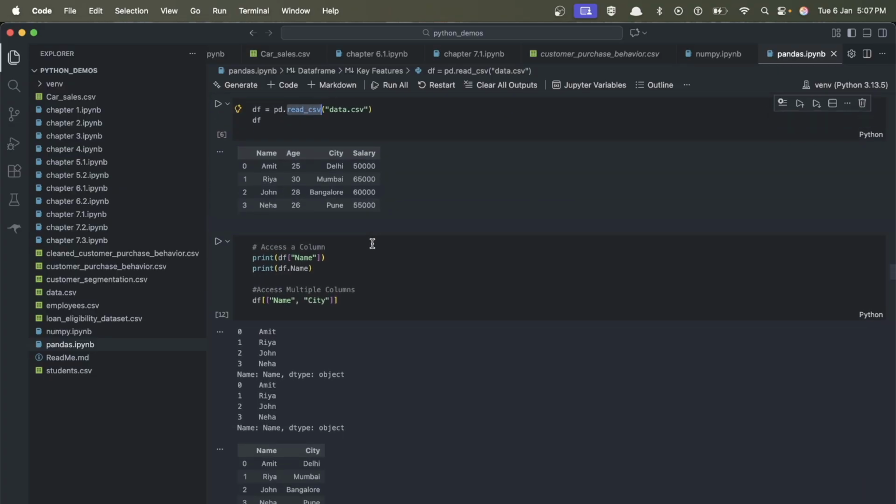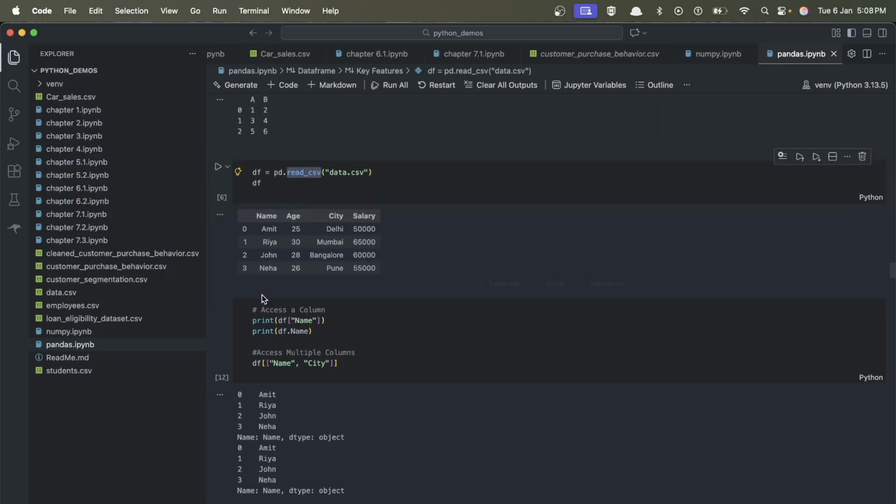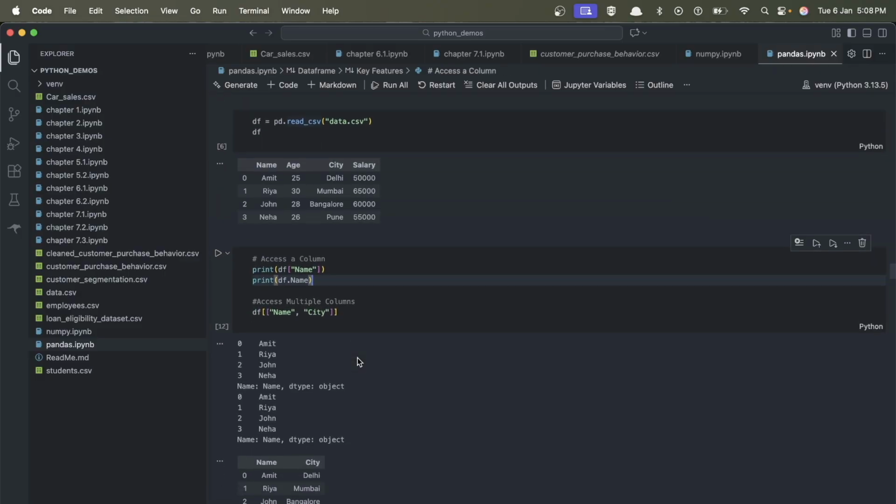So accessing a column can be done by the column name. I'm just taking an example of this data frame only. Here we have different columns, right? So if you want to access a column, you can just pass that column name, or you can pass the array of column names in the data frame, and it will give you access to those columns only. So as you can see, if I run it again,